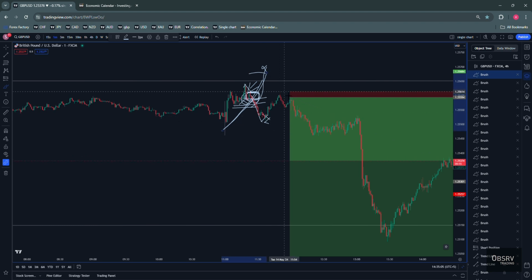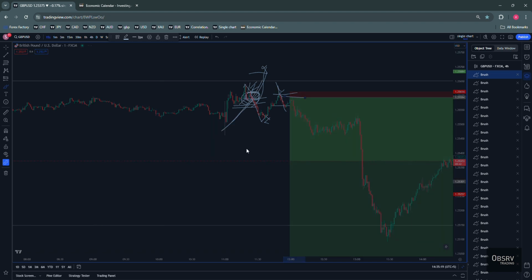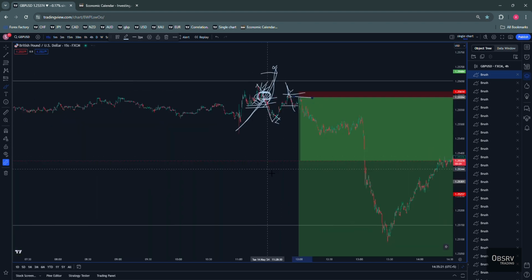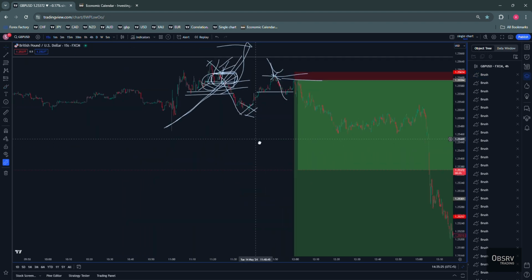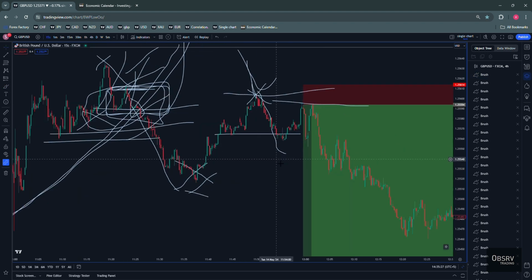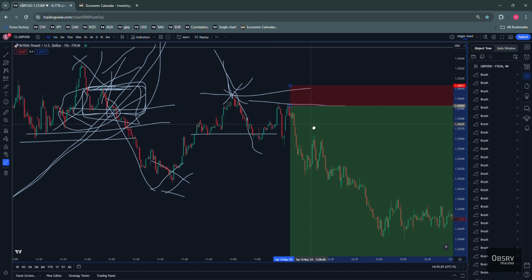As the price came all the way back to here, I'm still not taking my entries here. Notice, I'm not position trading. I want to see this buyer come back again. It does come back all the way down there. And then somewhere in here, if you go down to 15 seconds, you'd be able to see, if I show you this area, yeah, this area, this is where the trade was taken.